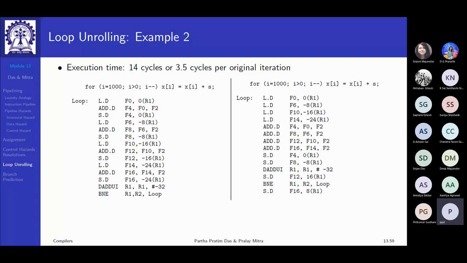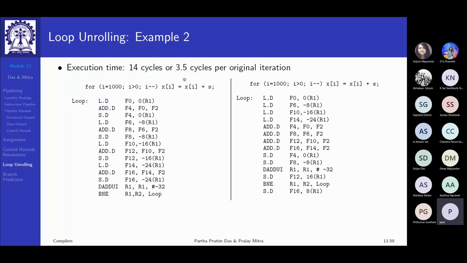Naturally, there is a trade-off. You can think that, okay, now that we have been able to do this, and the stalls and all those are taken care of, we can do better if we unroll even larger. But there is a trade-off on that significantly because of the number of independent registers that you are using. After having done this, you can try to again minimize registers if you can. So there are a lot of other factors, optimizations will come in, but the basic idea to show was that